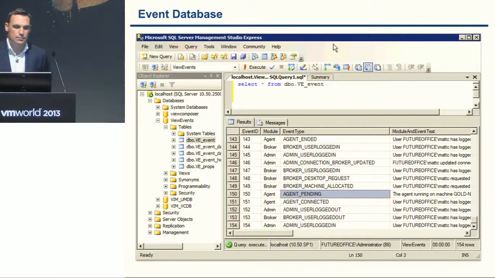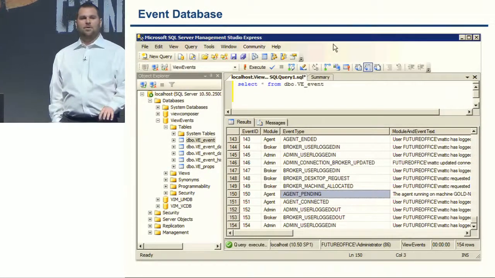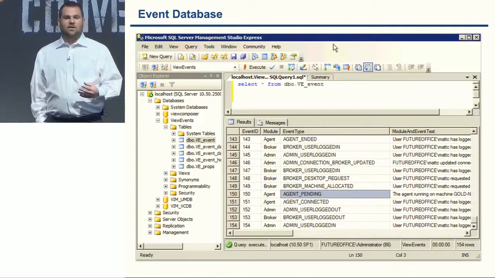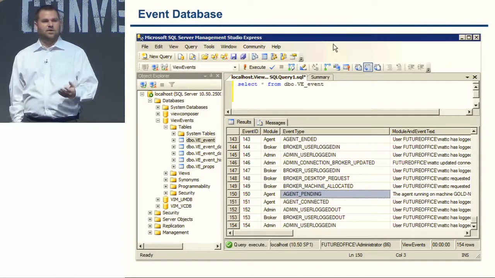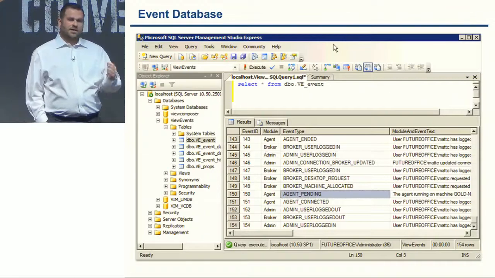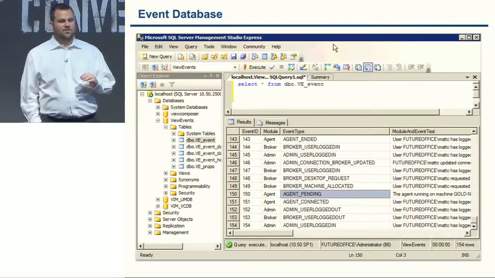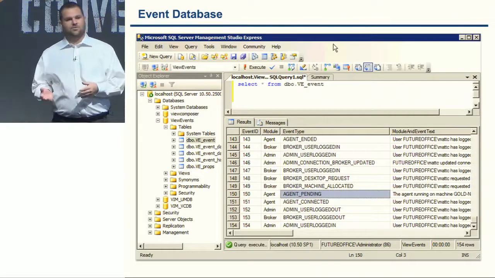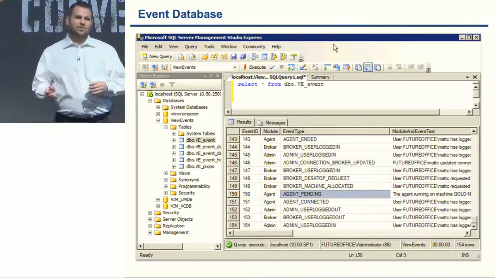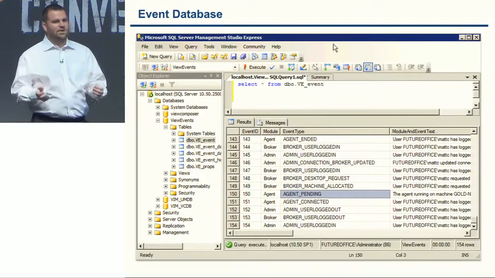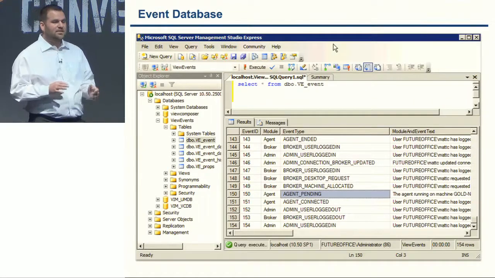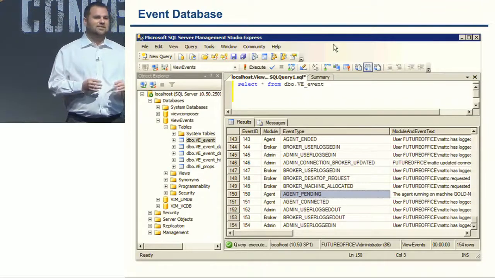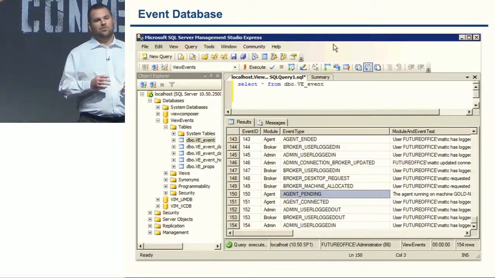Another place you can look is the event database. This gets overlooked a lot by customers. When they call our global support, one of the first things that we're going to go look at is the event database. A lot of customers just don't even set it up, but if you already have a SQL server or another database server that you have available, I highly recommend that you make this part of your setup process. And if you've already set it up and you haven't touched the event database, I highly recommend you go back and add it, because it doesn't take a lot of space and it gives you a lot of information,